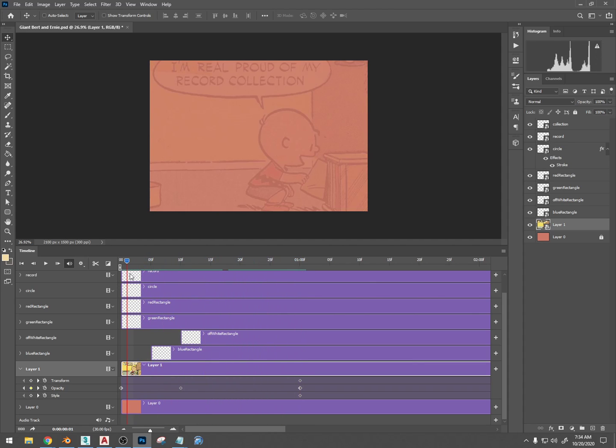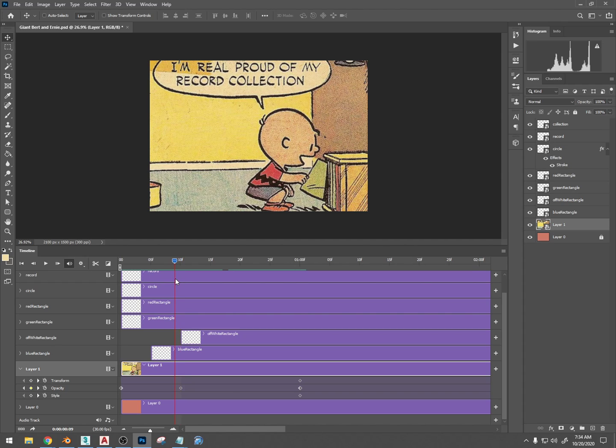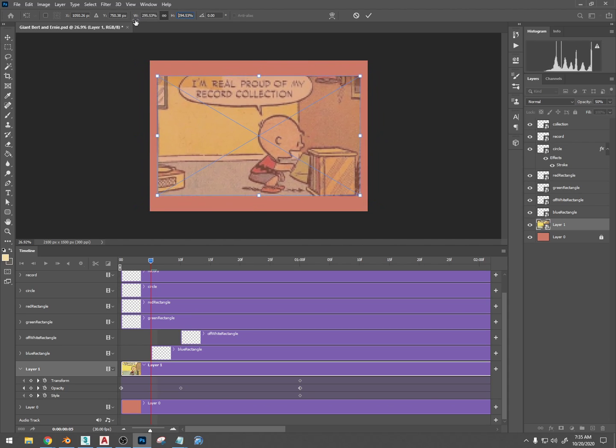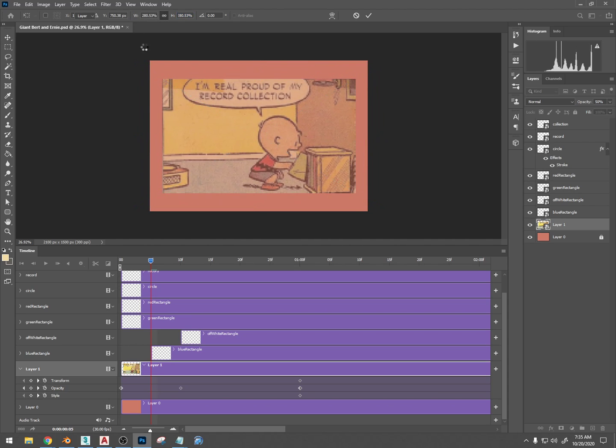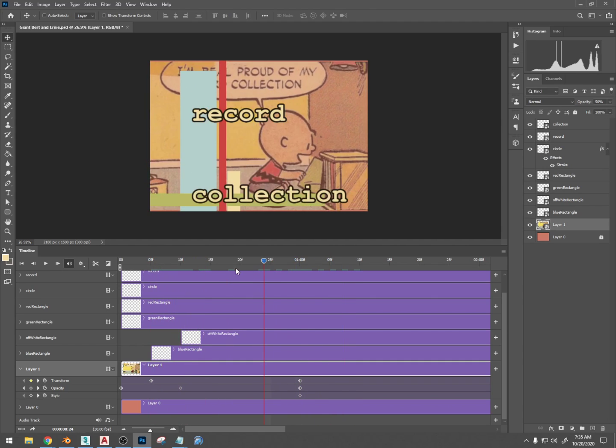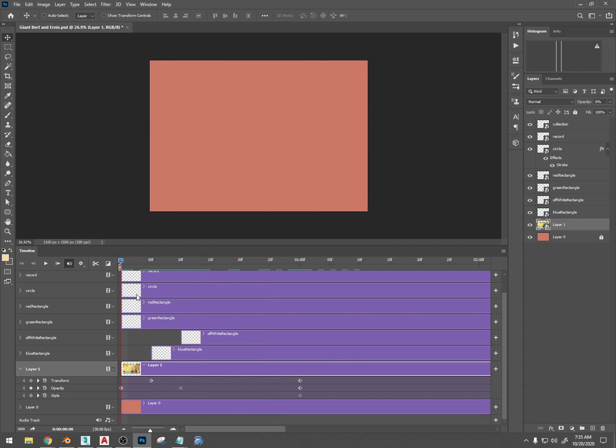Okay? And I want the scale at about right here to fit inside of the screen so you can actually see what the picture is. So at 5 frames, it's going to fit the screen. So I'm going to press Control T, and I'm just going to drag these so it fits in the screen nicely. And then as time goes, it's going to fade in. So if I press play,